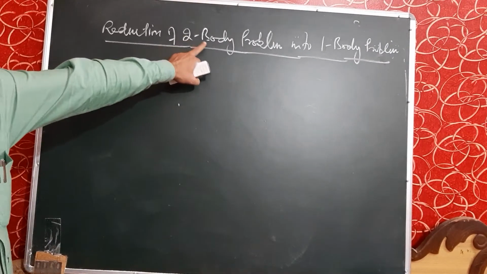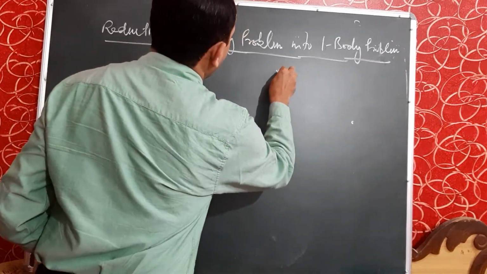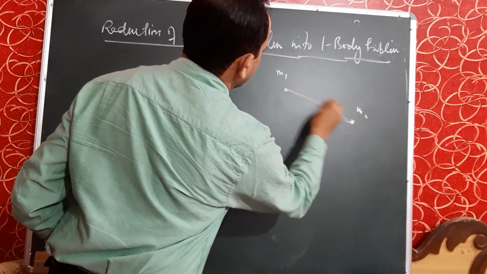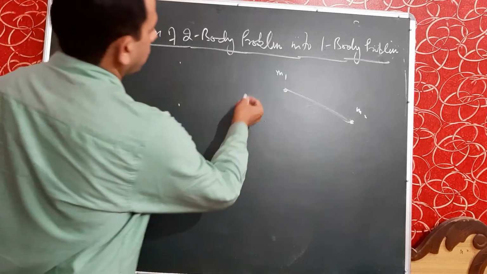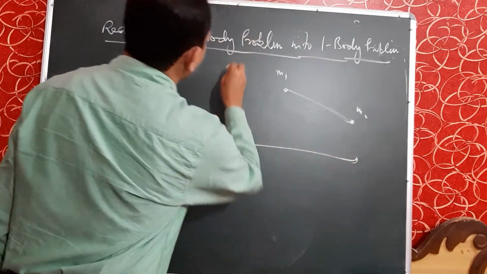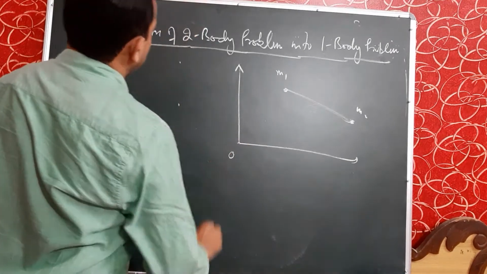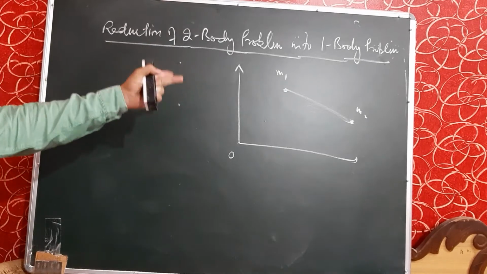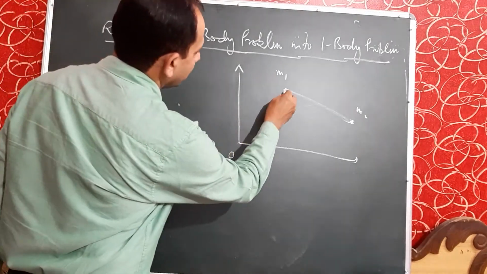The body consisting of two particles. Two body problem is two bodies, two particles. Let there be two particles M1 and M2. The whole body consists of these two particles, but we have to consider these two particles as one particle. So, where is the particle and what are the parameters of that single particle? This article is used to calculate that single particle which is equivalent to these two particles.